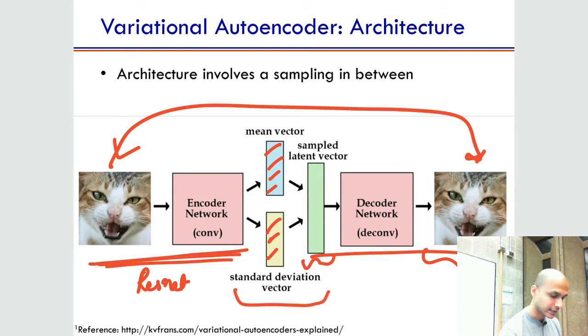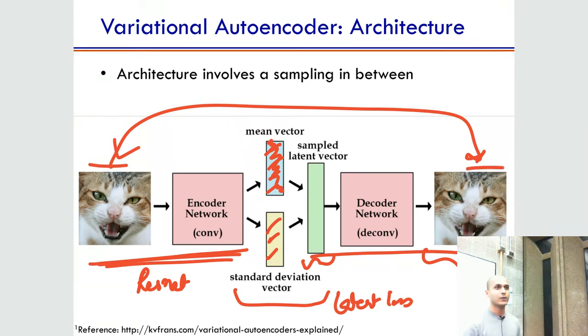this looks like a Gaussian, right? What is this? Latent loss. There are two losses. One is the reconstruction error, and one is the latent loss. But you're assuming that there exists a mean vector and a standard deviation. I'm outputting a mean and a standard deviation, but it has to represent